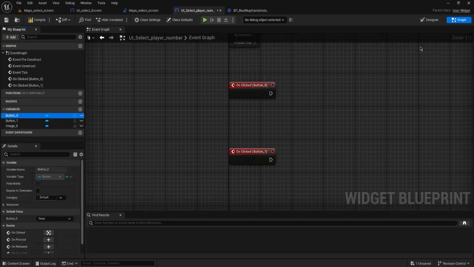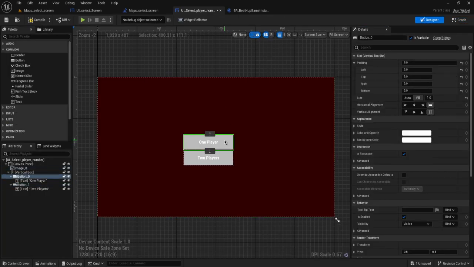Well, for organization purpose, it is important you change the name of button. Button 0 and button 1, I will hit F2 and I can put button player, button 1 player, and here button